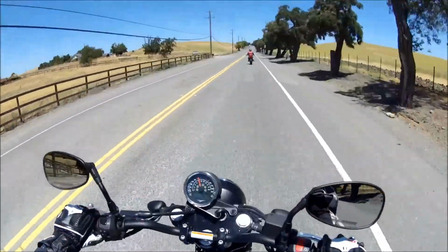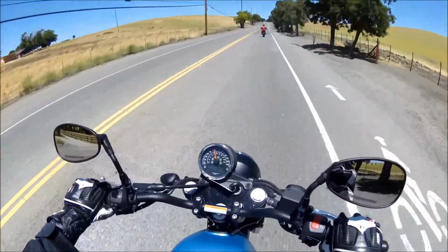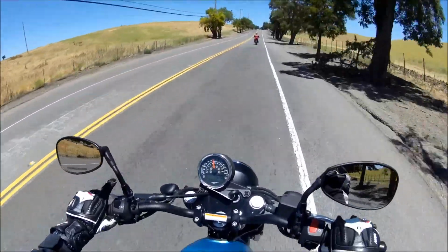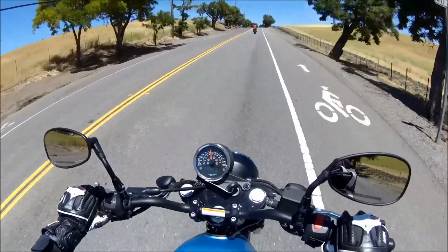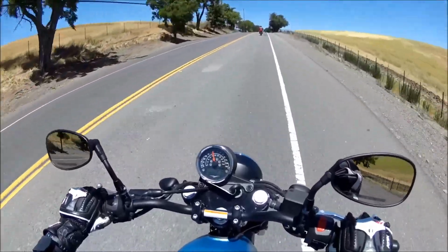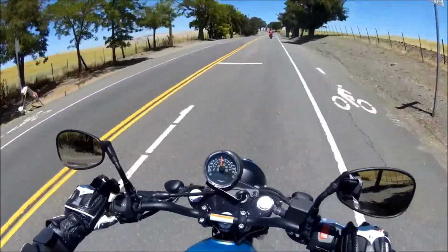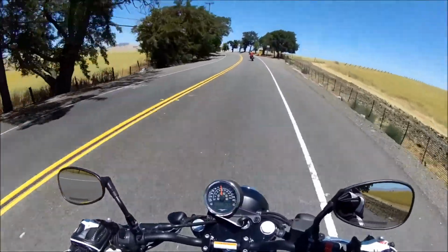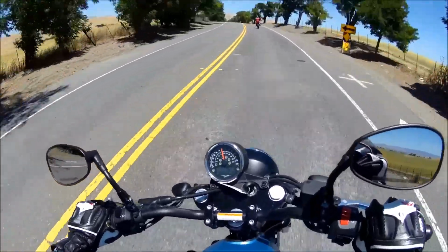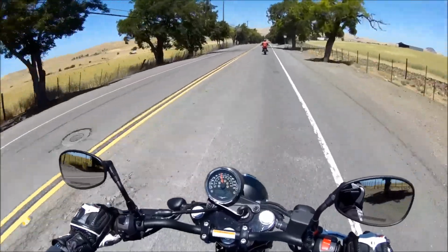So yeah, the bike is really comfortable. It's really easy to ride. It's very light, I noticed. The one thing about this bike is the clutch pull. I guess it has a hydraulic clutch or something. It feels very strange. Well, I wouldn't say strange, but the initial pull, it reminds me of a compound bow. So a compound bow, when you pull the string back,